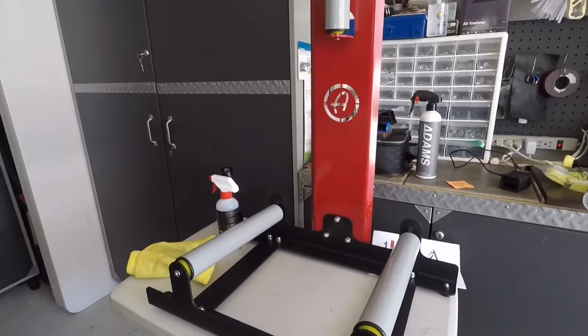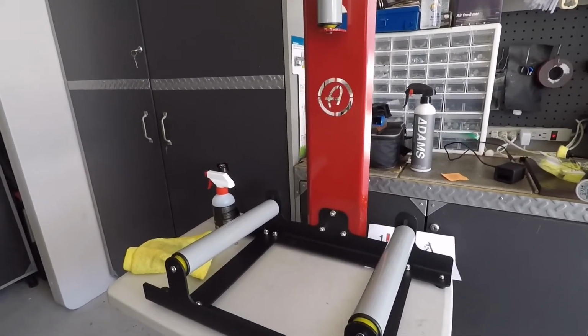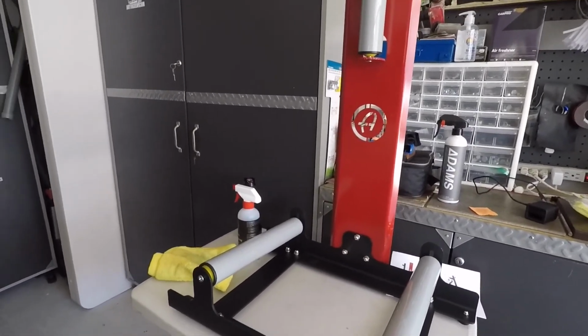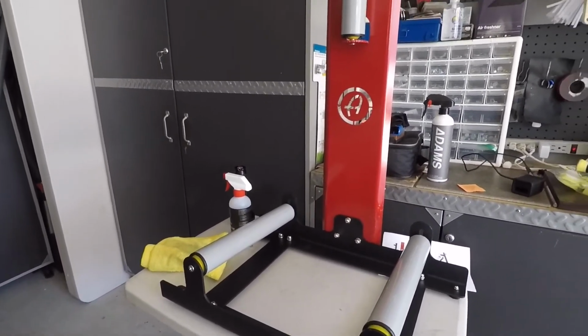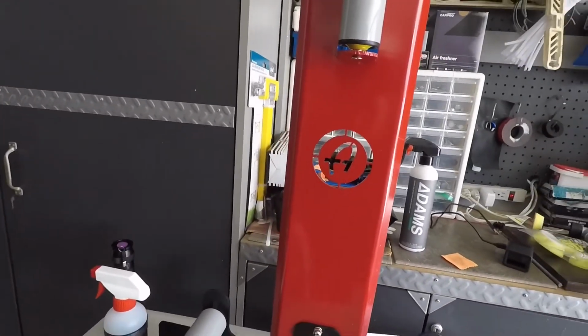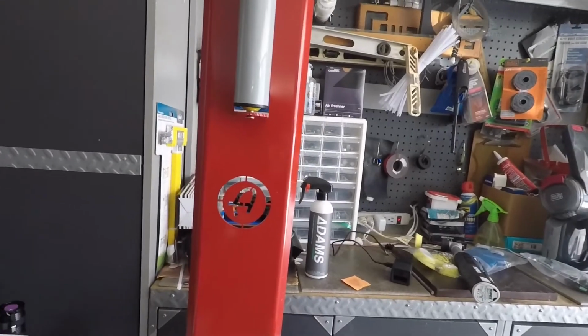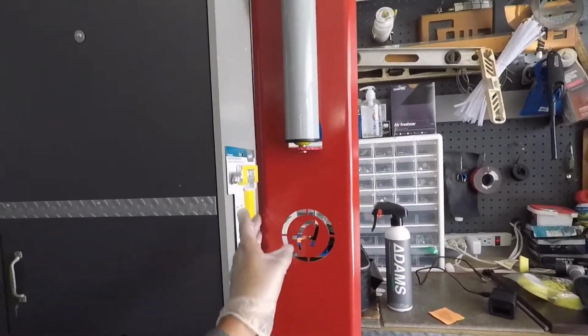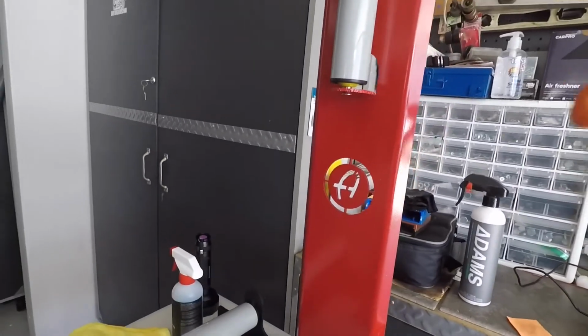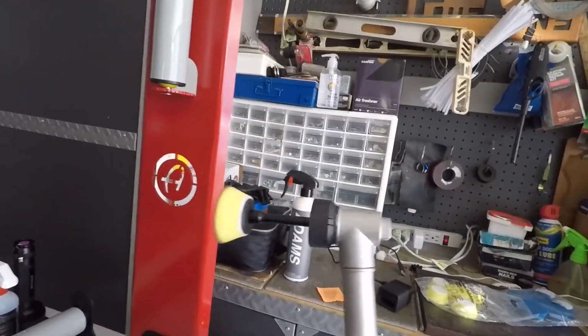Again, these parts are being imported from China, just with the Adams logo put on there, and they're using their color scheme. So really the only thing I did here, after there were some blemishes in here that looked kind of funky, is I got some new pads for my Nano. So these are the